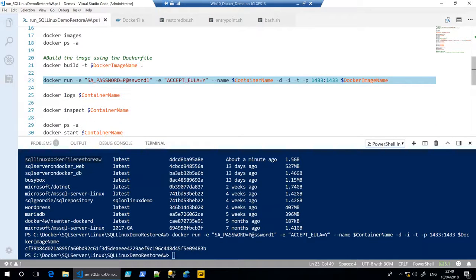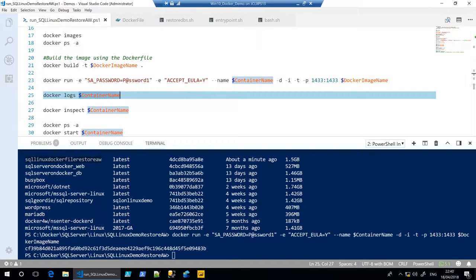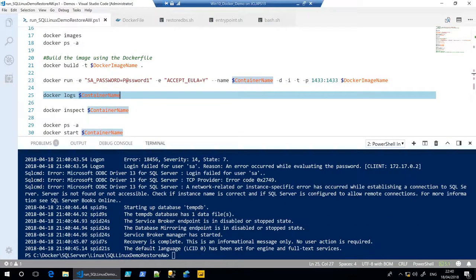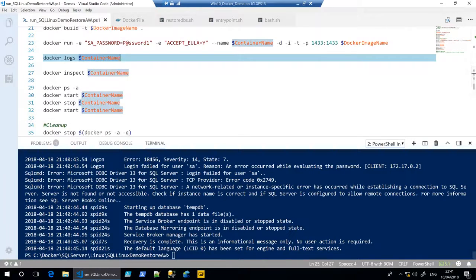So if we run that, we will see that it's essentially created the container, and in the background it'll be doing all its startup, including copying all the files from the shell folder, the restore database scripts, etc., ready to run the restore script at the end. So hopefully if we time this right, yeah, we can see certain things are working here. We've got the likes of the temp DBs being created, so we should be in a good position to actually have a go at